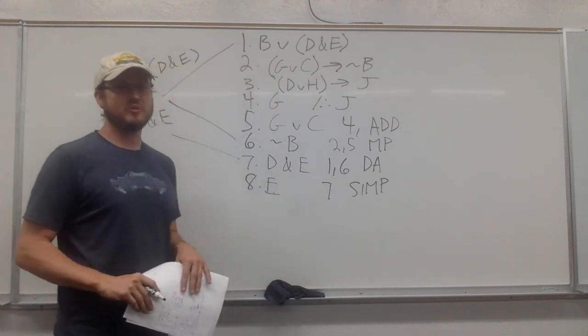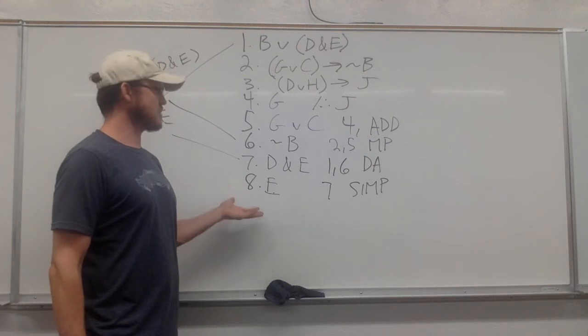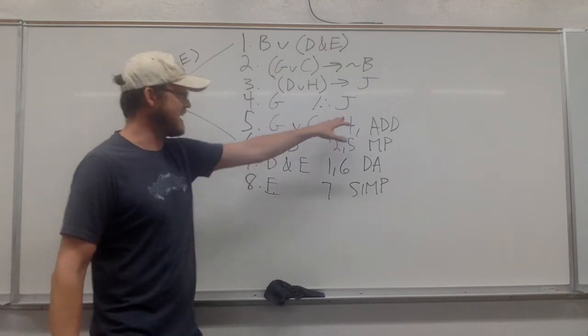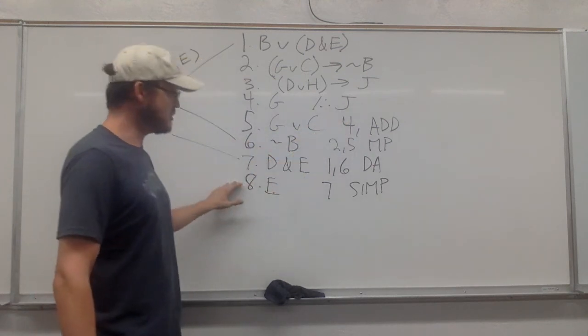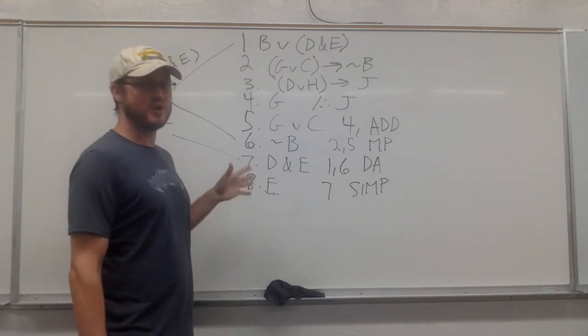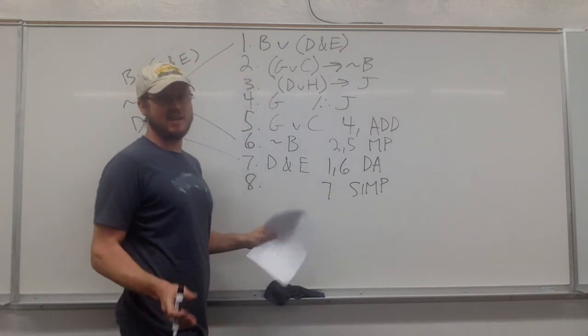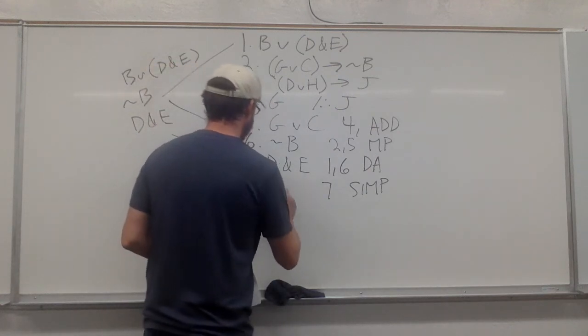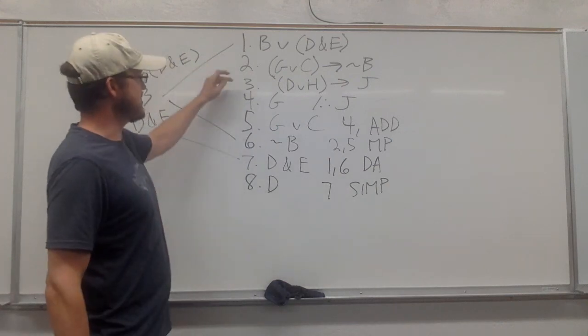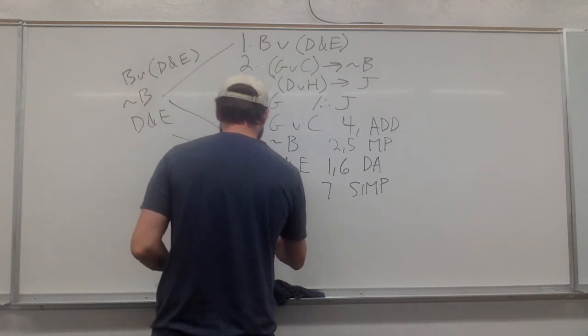And this is what I was saying before. You can do other stuff, but there's really no point in doing certain things if they're not going to help you solve to get the final conclusion. I could do it, no need to do it though. I don't need to do it for this proof, though I could, just to make it clear how it works. So I could have taken the E, I don't need it, I'm going to take the D. And the reason I know I need the D is because I can apply it to line 3, which has the D v H. So now I can go